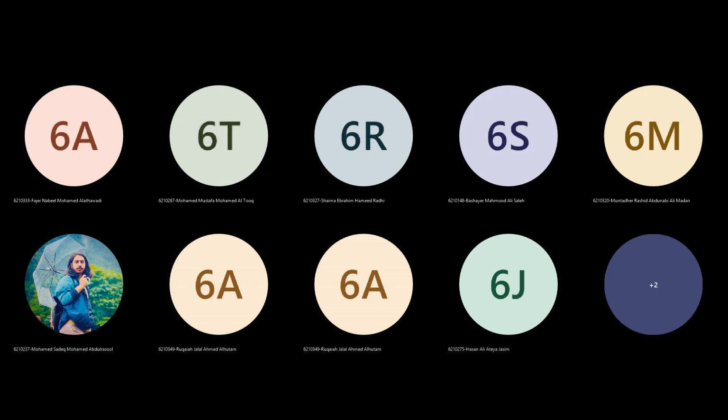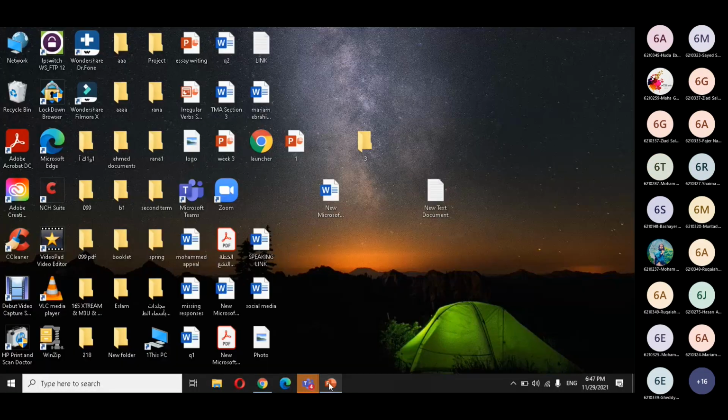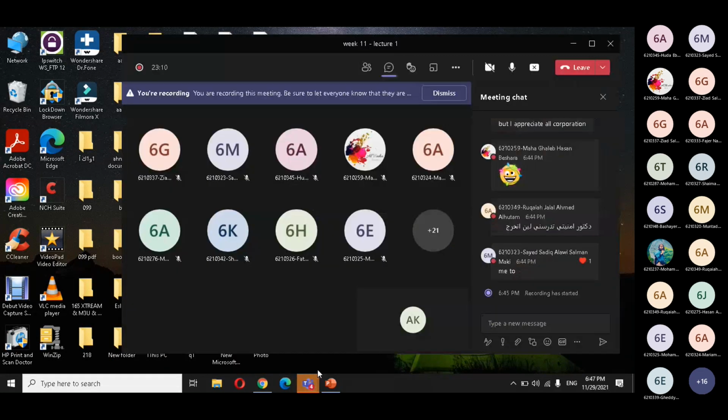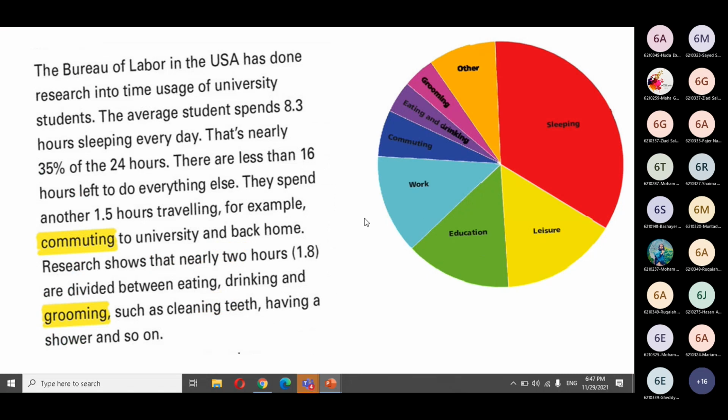Yes, sorry. Okay, right. Now you can see the screen, right? Yes, okay now. Yes, we can. Okay, this one, as you can see, we studied this last time. Okay, it's about the 24 hours. We have 24 hours a day, and we ask where does all the time go.